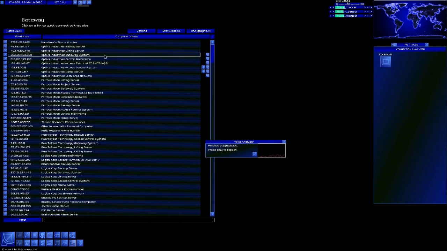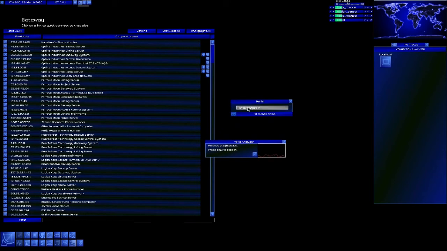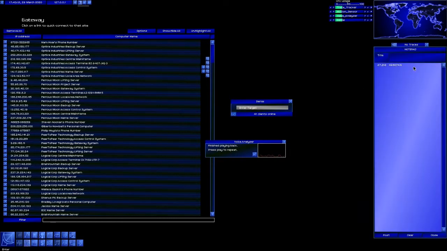Next, we need to hit the gateway. We're going to try it the easy way. Gateway system 252.254.83.228 deny. System is denied. Don't even have to hit the gateway. Okay, we need